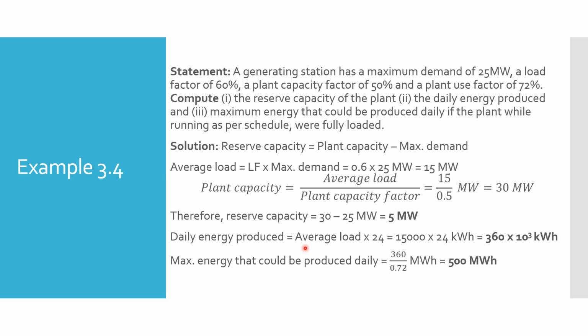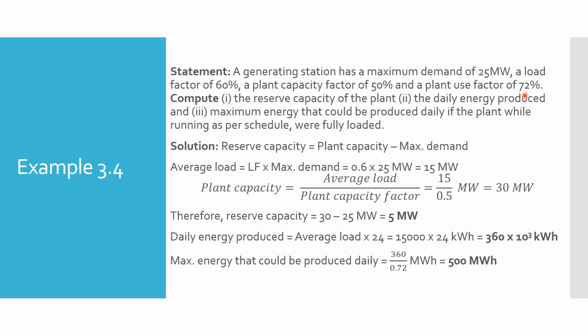Daily energy which can be produced is average load on the station multiplied by 24 hours of the day, that is 15,000 kilowatt, because 15 megawatt is the average load. So 15,000 kilowatt into 24 hours, 360 into 10 to the power 3 kilowatt hours. So maximum energy that could be produced daily is this 360 into 10 to the power 3 kilowatt hours divided by the plant use factor. Remember that the plant use factor shows the time for which the plant is actually in operation. It is the actual energy produced divided by the maximum energy that could have been produced